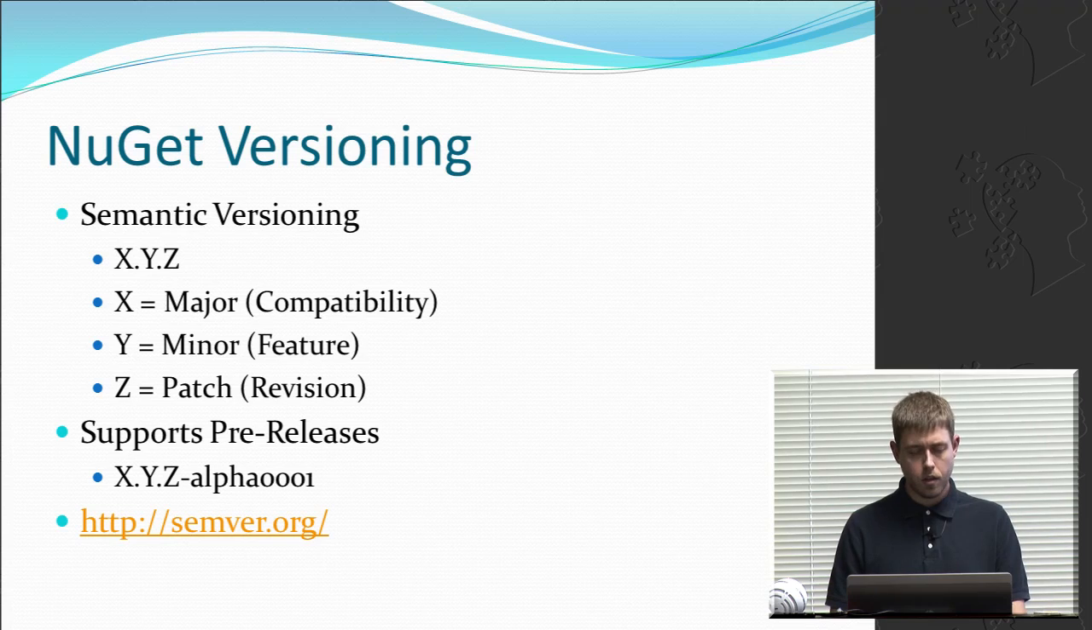I have the link up here. But really the point is to stress that the version number means something. And it's a great way, if you actually do follow the semantic versioning specification, to communicate things to your users with your version number. So